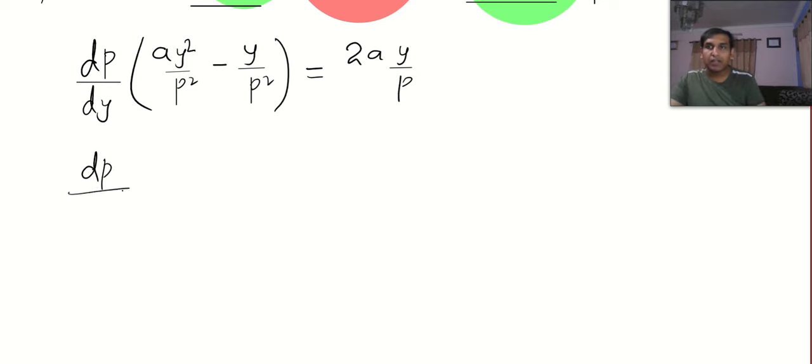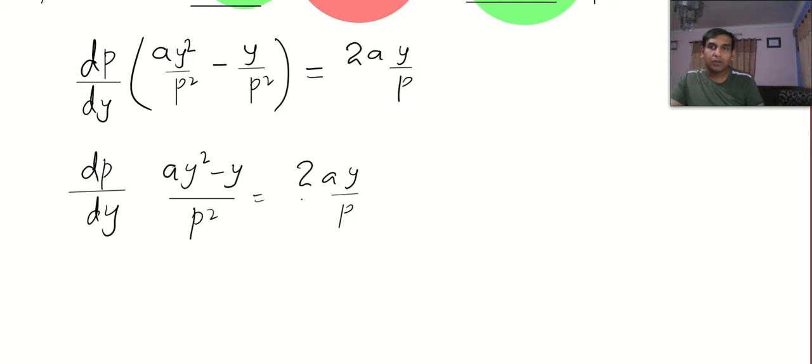So dp by dy, so the LCM is p square, a y square minus y by p square equal to 2 a y by p. Oh, I should have taken y also common, and I'll do it in the next step. So dp by dy. That's good news. Here we didn't even have to factorize. It is already variable separable. I can see it's variable separable because, can you see,